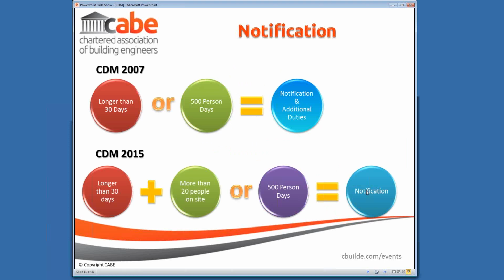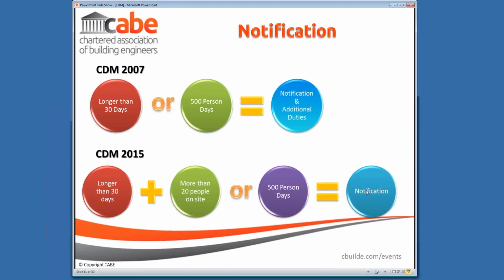In looking at what requires notification, we're not only looking at the length and the duration of the project, but we're talking about the number of people who may actually be engaged in the project on site. So there is a subtle difference between 2007's notification and 2015, in that we are looking at a project that lasts more than 30 days on site and has more than 20 people on site, or something that's more than 500 person days. So the 500 person days could potentially be something like the DIY big build, where there are 100 people on site for a week. In adding in the more than 20 people on site, it has changed the scope of the notification.